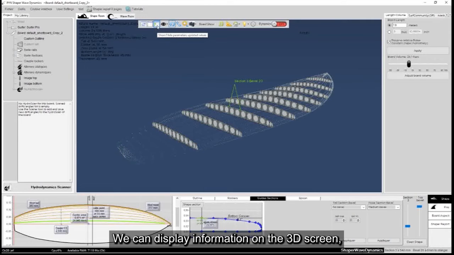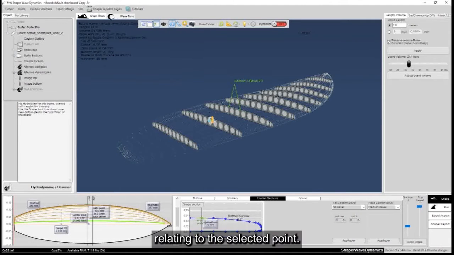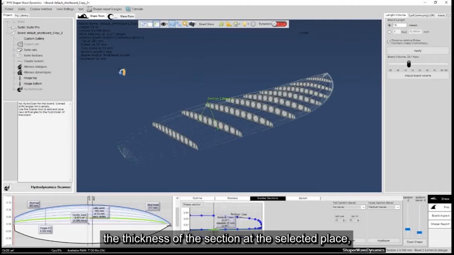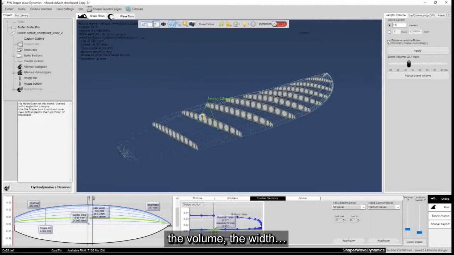We can display information on the 3D screen relating to the selected point. For example, the distance from the center, the angle from the bottom, the thickness of the section at the selected place, the volume, the width.